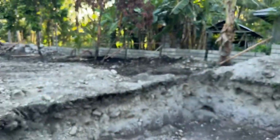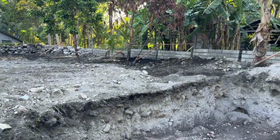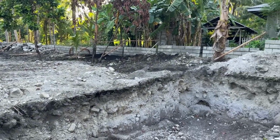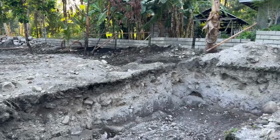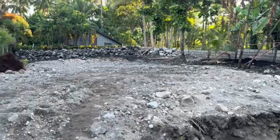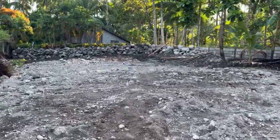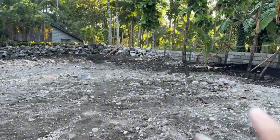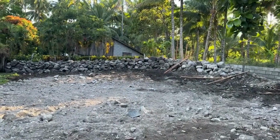So they rented a backhoe, which is 2,500 pesos an hour, and I think the backhoe worked on this for 3 days, if I'm not mistaken. As well as, since this area, because we are up in a mountain, technically there are so many boulders on it. So what they did, the backhoe